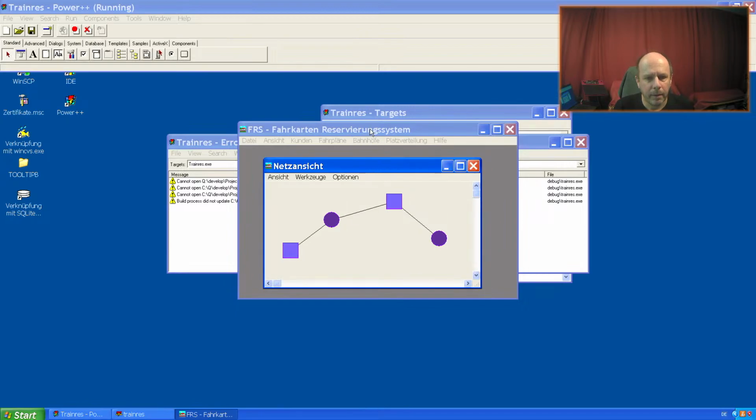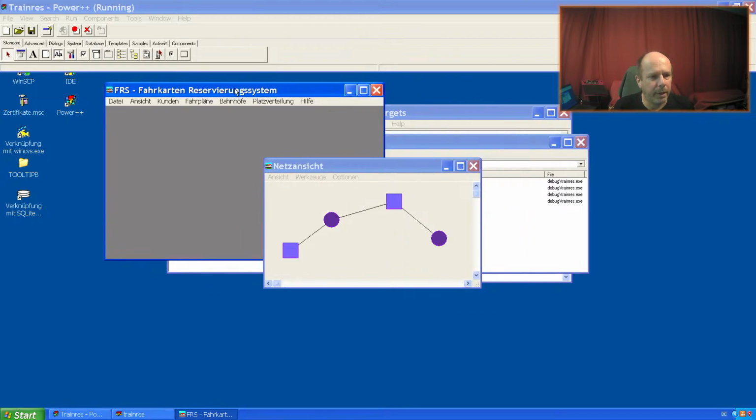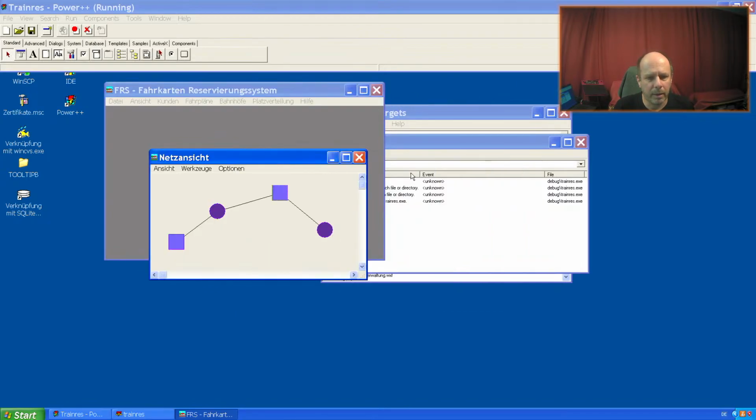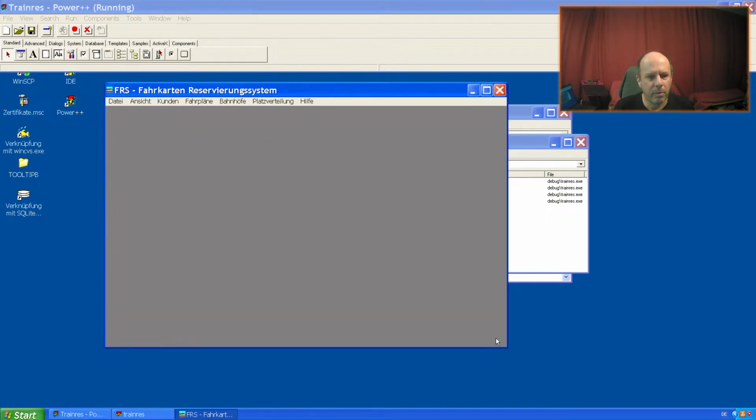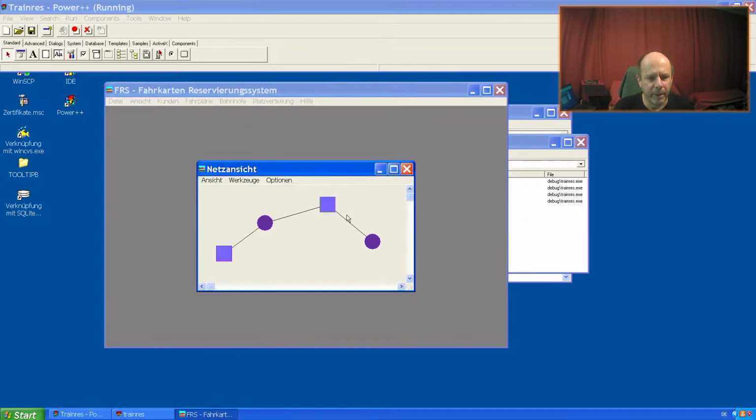And I was able to manage it, getting an editor storing the netlist of train stations. Here just only some little symbols, nothing more.